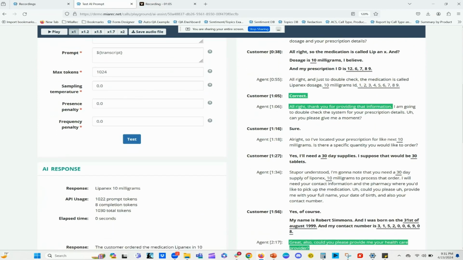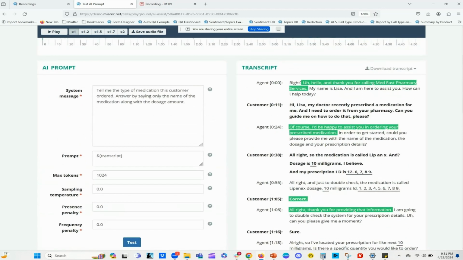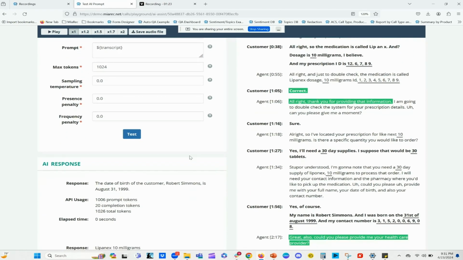And now I'm just refining the prompt a little bit, because all I really want to know is just the name of the medication and just the milligrams. Because now I can start actually aggregating that data with that prompt. Every call will come in, maybe you're taking metformin at 20 milligrams, whatever. So using that info, you can start aggregating to see what my customers are calling in for, what kind of medication. It's just one kind of use case, but I'm sure you can imagine how you can use